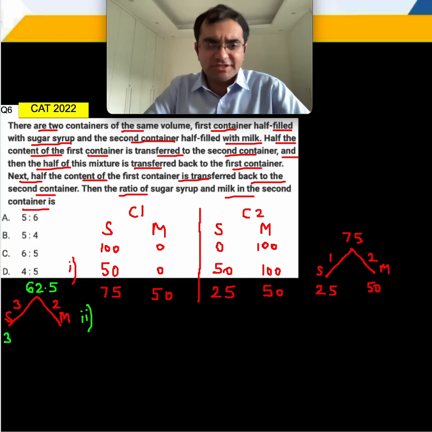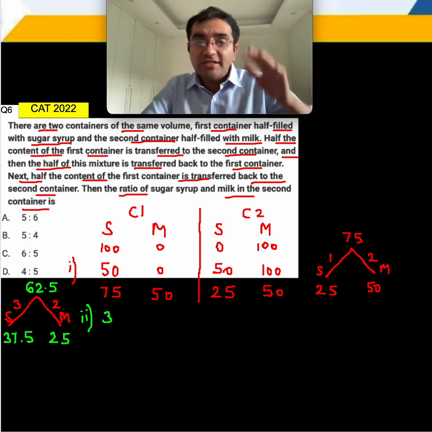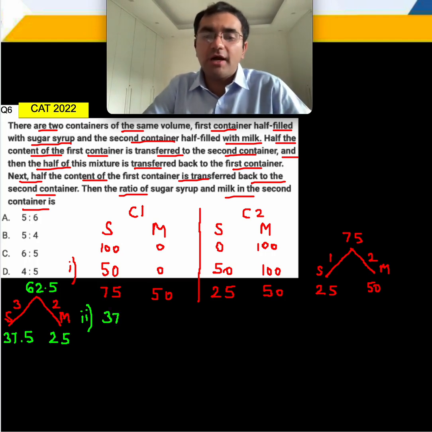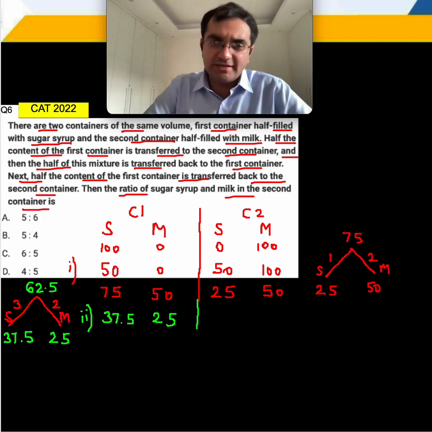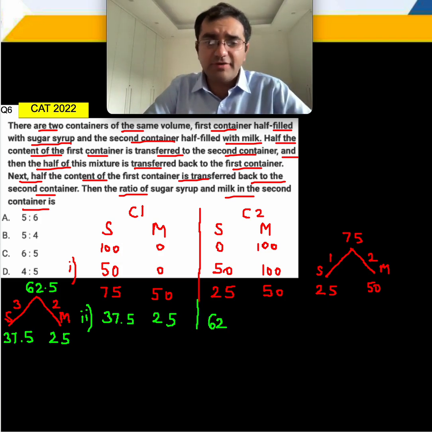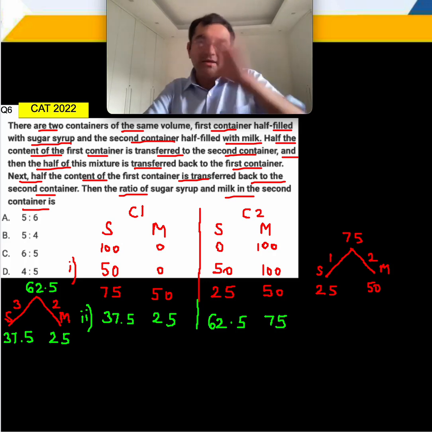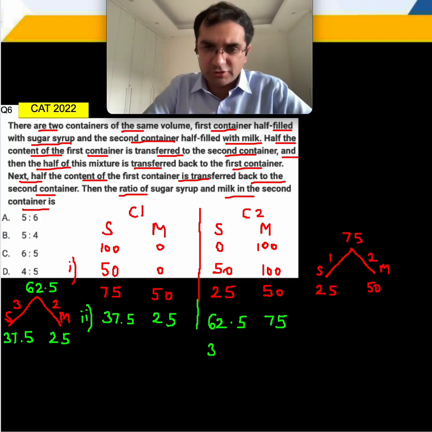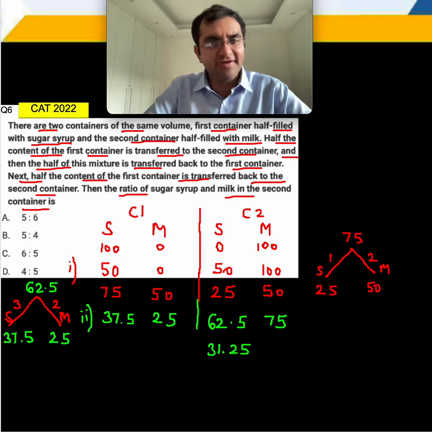125 का half is 62.5 divided in the ratio 3:2, you'll get 37.5 and 25. But what I'm saying is just आधा कर दो. 75 का आधा is 37.5, 50 का आधा is 25. Both of these go to the second container. 37.5 plus 25 इधर आ गया and 50 plus 25 इधर आ गया. सेकेंड कंटेनर में से अब आधा निकालना है, so values आपकी half हो जाएंगी. 62.5 का half is 31.25, 75 का half is